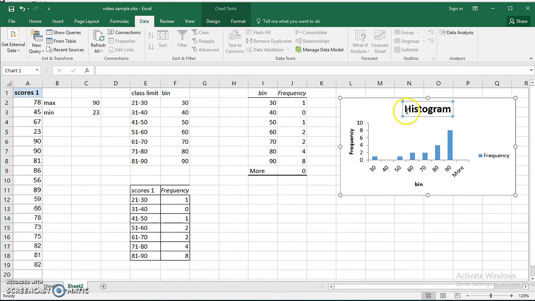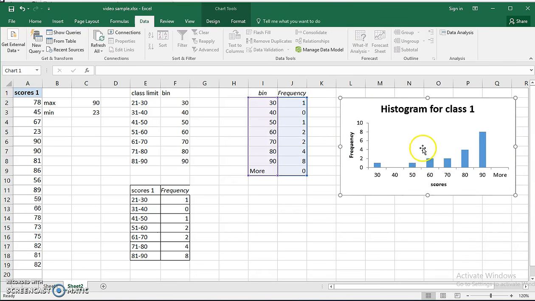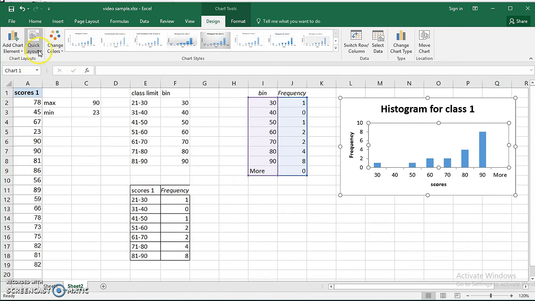And then for our histogram, what we can do is change the title. So maybe you would say histogram for class 1. Frequency, instead of bin, it should be score, right? Now delete this. The last thing we want to do is click on the graph area, click on Design, then